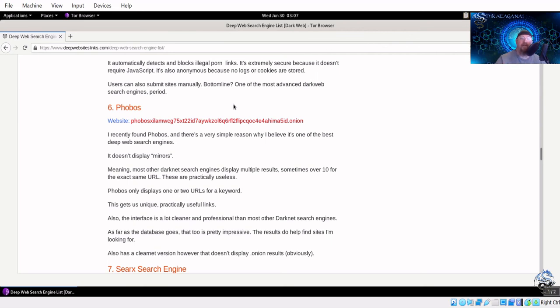But this could be used for good, right? It could be used for bad, but we're hoping that you guys here watching this channel are ethical and you're only going to be using it for good or for research and this sort of thing here. So there is some good use of it. I do recommend using Tails if you're going to be going this route. But if you do want that extra bit of security, I do also recommend using the VPN, then Tor. All right, in that situation there.